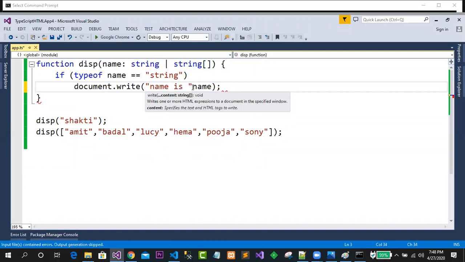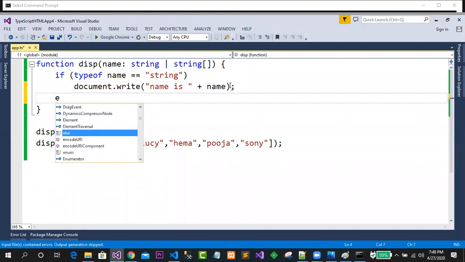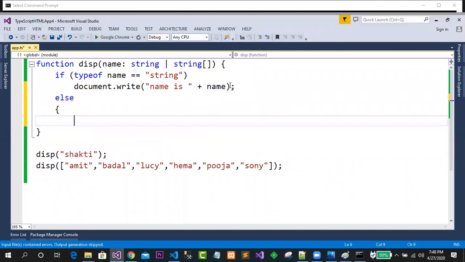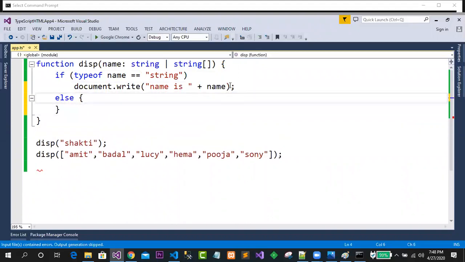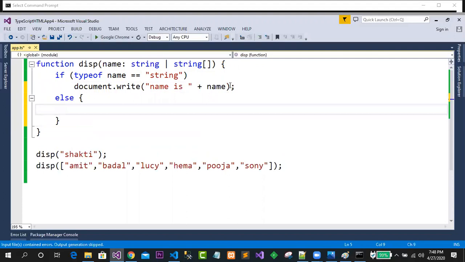Okay, else, what I will do here in the else part is print all the names by using a loop, is it not? How to make a loop?